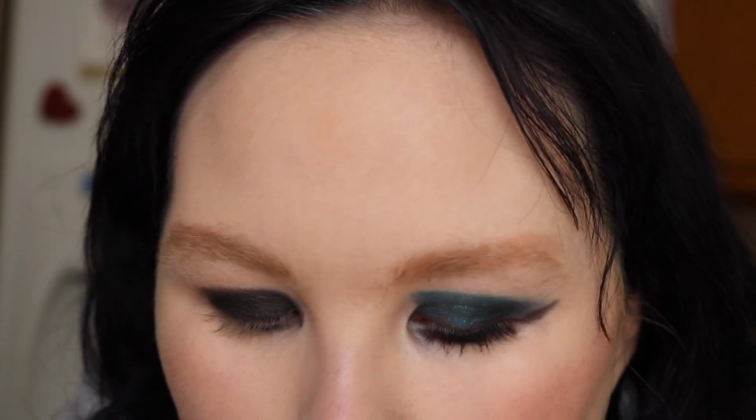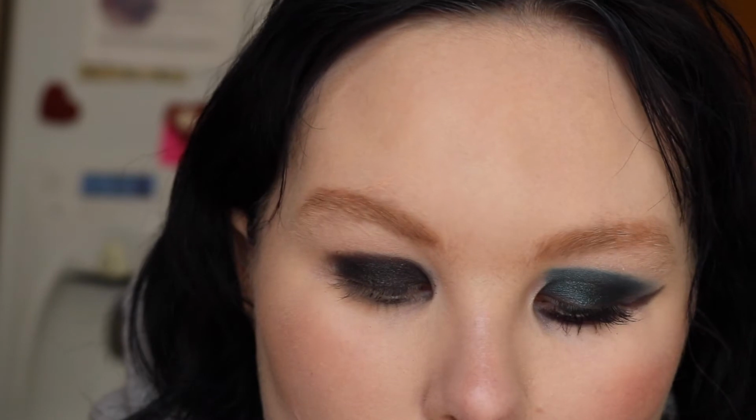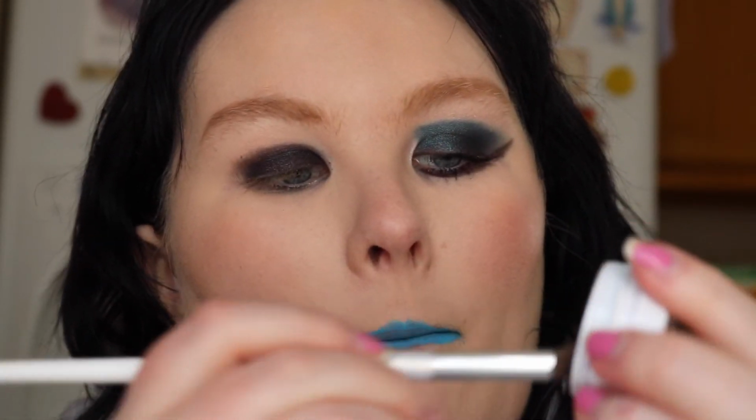Alright, so now what I'm going to do is I will take this e.l.f. brush. This is a crease brush. It's the one that I was using a little bit ago. And I'm going to close that NYX palette, and we're going to go into Coconut from ColourPop. Again, it's a Super Shock shadow, so be very good with it. See, we're going to coat the brush